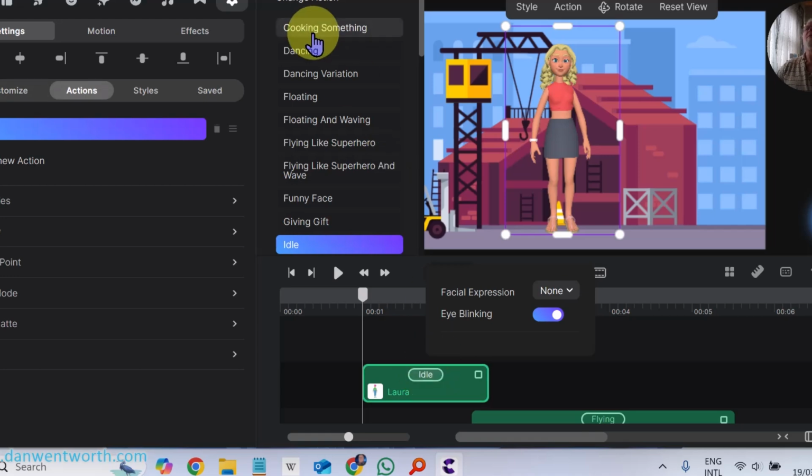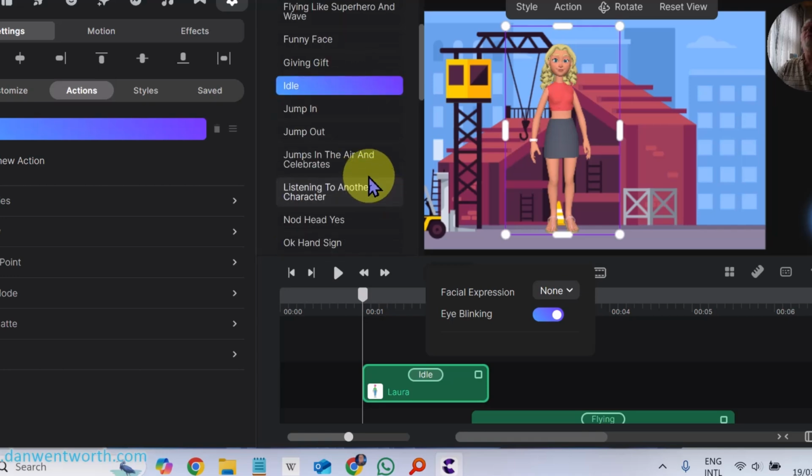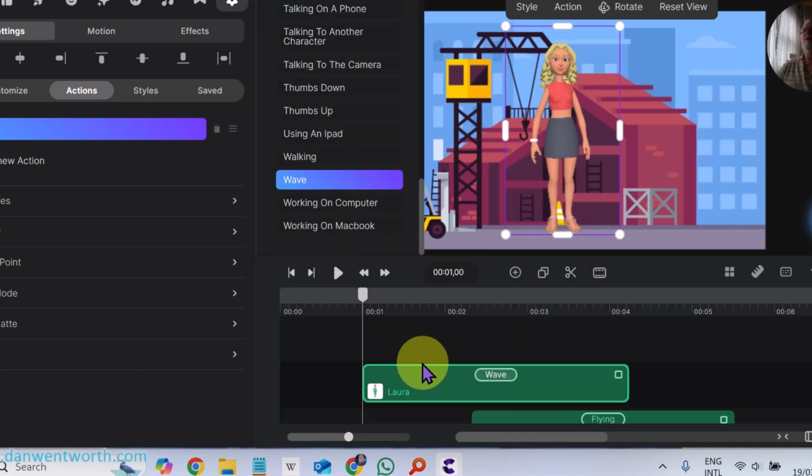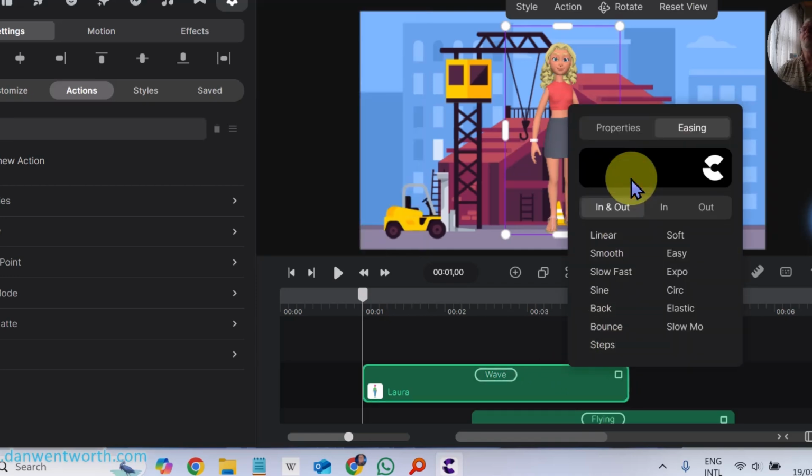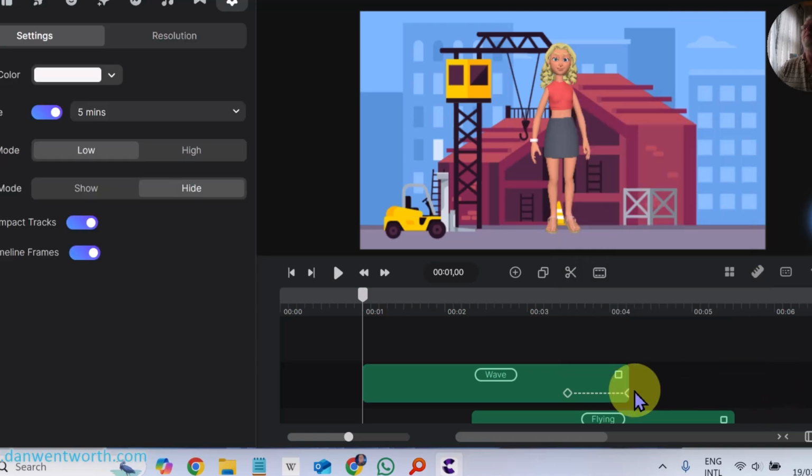And then let's say she's in, and let's make her wave as an entrance, and we can always add extra animations. You right click, add animation, and you can choose linear, in and out, and